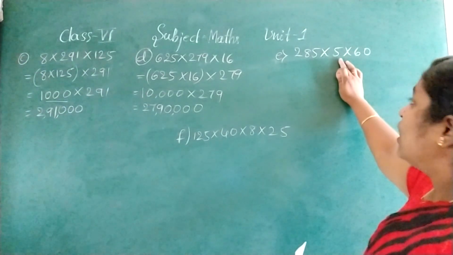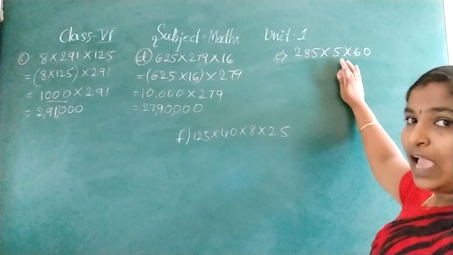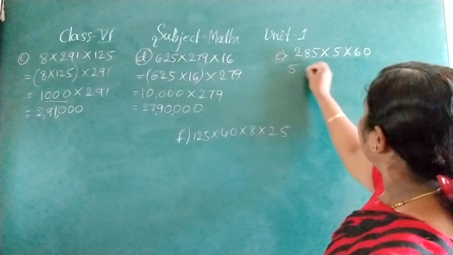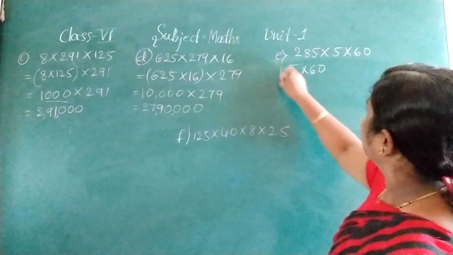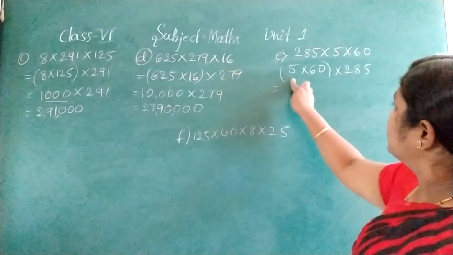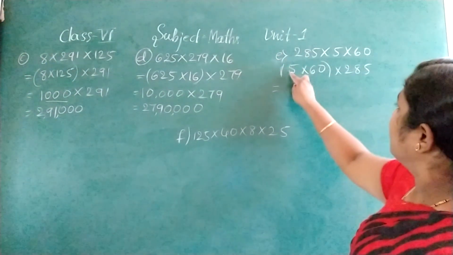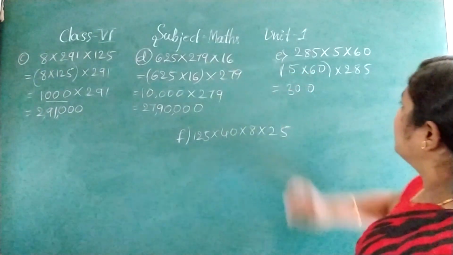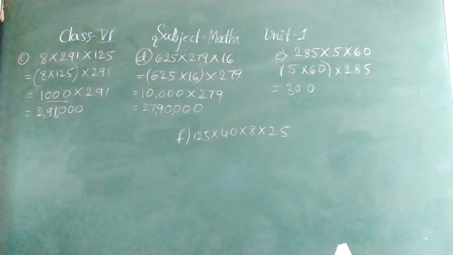We have to get the answer in an easy manner. Like that we have to do 5 into 60 and then 285. So 560. 5 zeros are 0, 5 6s are 30. Okay. Next into